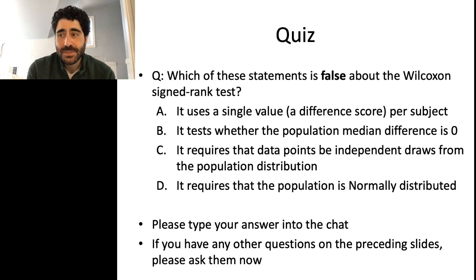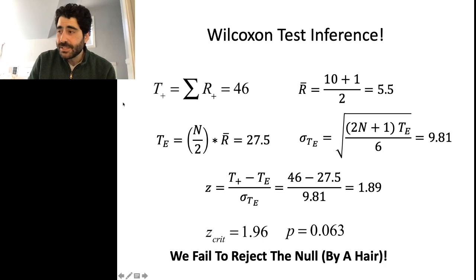It does require assumption C, which is that it's assuming that the data points are independent draws from the population, right? Meaning that, and by data points here, I'm talking about people, right? So, or these different scores, for example. So I'm assuming that we're selecting people for our experiment in an unbiased random way, and we're selecting each person independently. If that's not true, we would need to